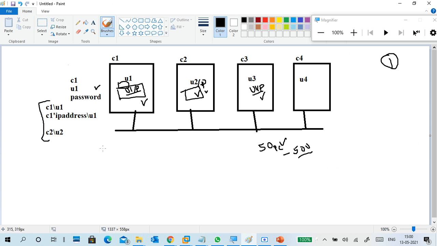Okay, here it is. So I have to go to C1. I made settings here, right? Again, I have to go to C2 and put settings. For example, I'm a desktop support engineer or a system engineer, so there must be a setting in all the PCs. I have to go to each and every PC and make that setting in those PCs.